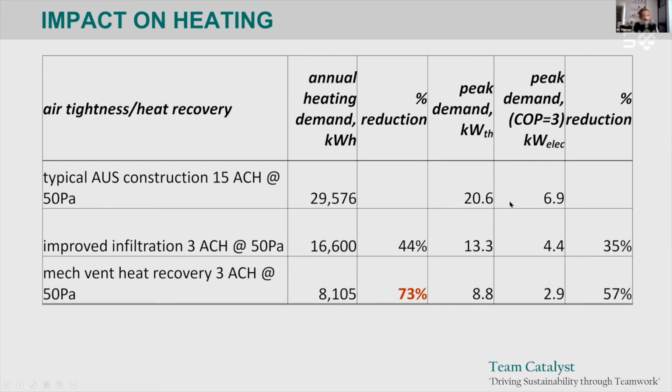The size of the equipment that you need, and by the way, there's a difference between thermal energy and what you need as electricity to give you that thermal output, okay? That's when air conditioning sort of comes into the picture. But anyway, you've gone from your requirement of 20 kilowatts of heating down to about 9. So the capacity of your system in terms of electrical energy has gone from about 7 to 3, more than a 50% reduction. Now that's for heating only.